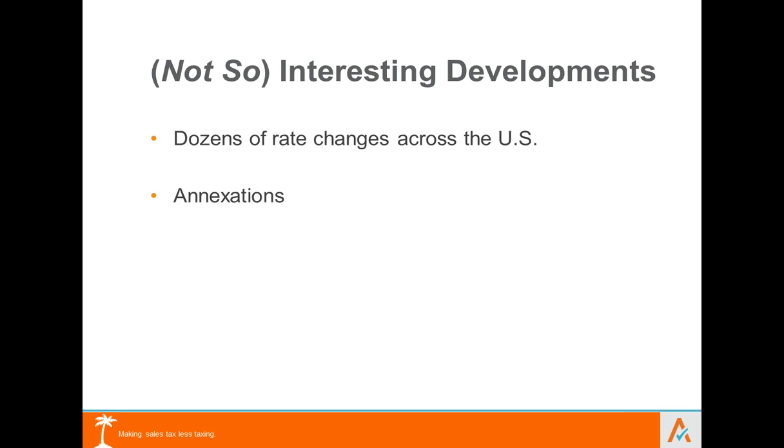And you're saying, Shane, what is that? What are you talking about? It's governments altering their borders. So as these governments charge different tax rates based on where you stick the pin in the map, when that map shifts based on annexations or changes to borders, your compliance has to keep up with it.